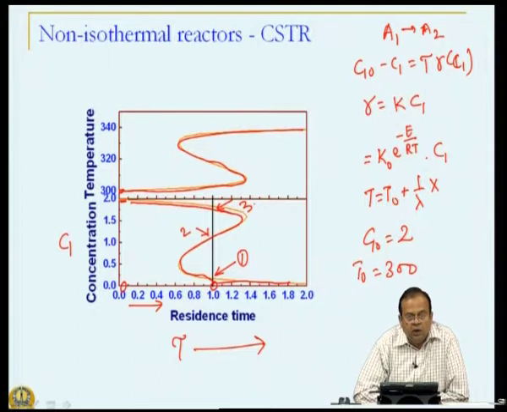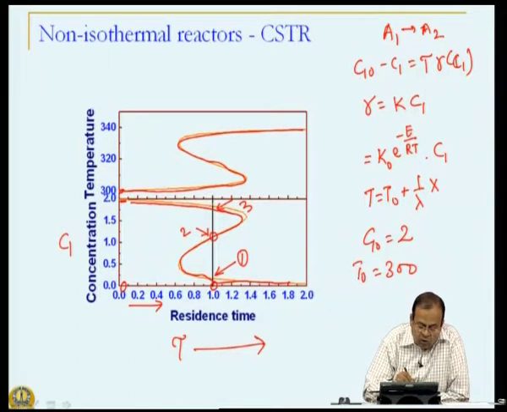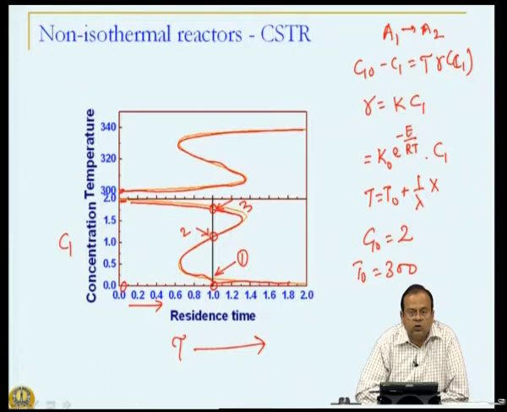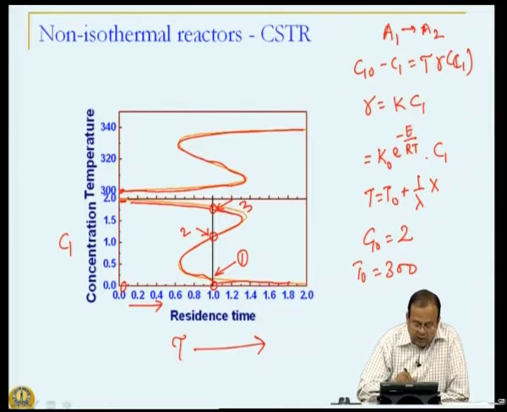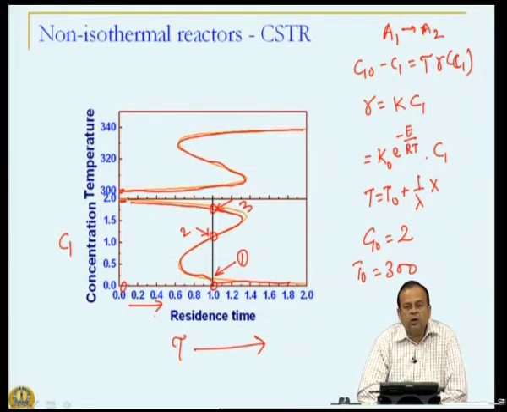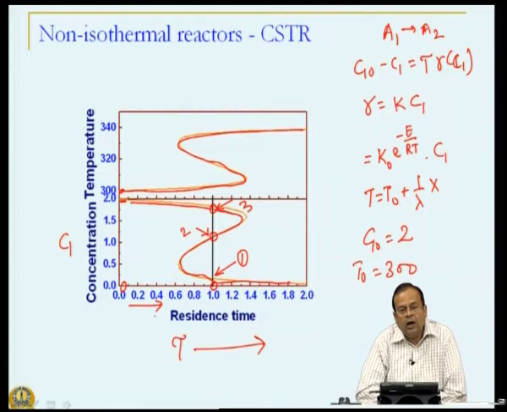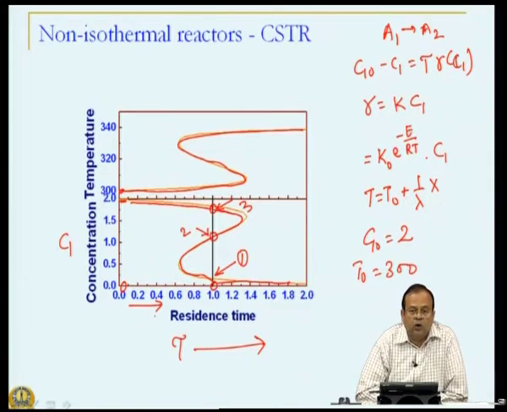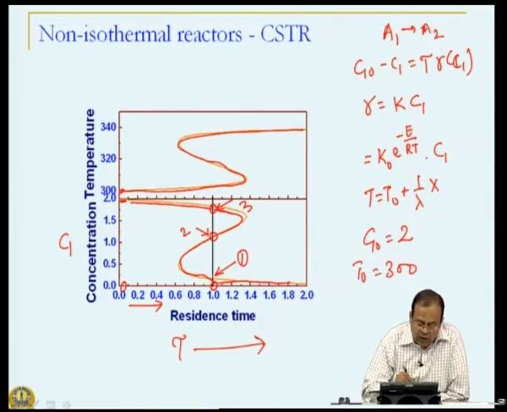This behavior once again is similar to what we saw in a non-isothermal catalyst reactor behavior, that is multiplicity of steady state. What is this multiplicity of steady state? That is, for the same residence time under exactly identical operating conditions, I have 3 different possible values of steady state concentration and therefore, the temperature as well,